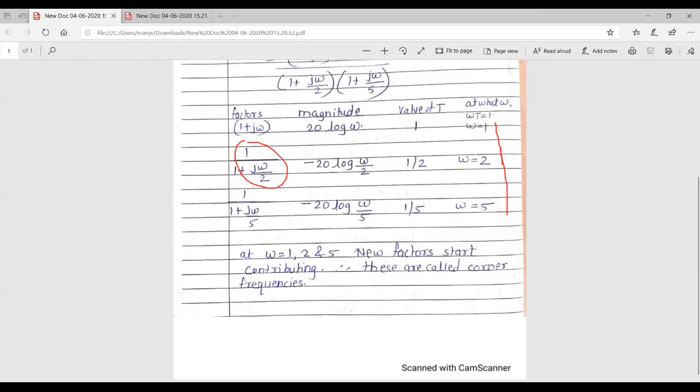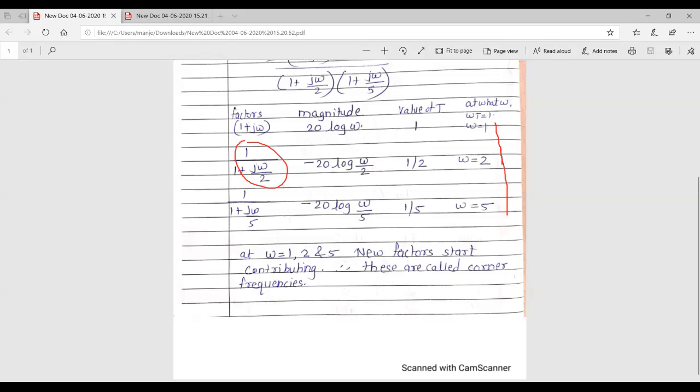Now let us begin with the example. Once I show the example to you, it will be much clearer exactly what we are doing. Basically, the Bode plot is used to comment on stability. As we did with Routh's criteria and the root locus, we are able to comment on stability. With the Bode plot also, we can comment on stability by learning some definitions and interpretations. After sketching the Bode plot, we will discuss the stability part. First, let us see how to sketch it.